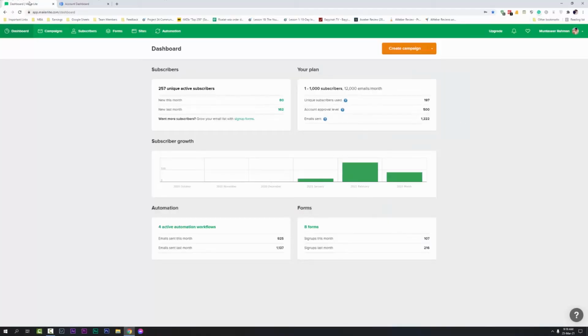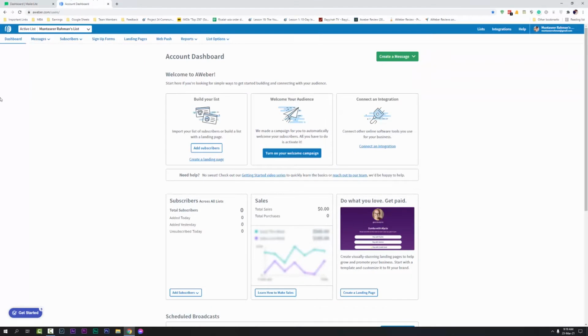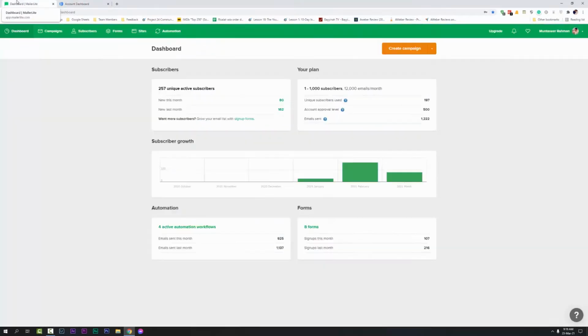So this is MailerLite. I have some subscribers that have subscribed to one of my websites. So in today's video I will show you how I can export that subscriber list from MailerLite and upload it into Aweber, and that too without any cost and very quickly. First, I am doing this for MailerLite, but it will work in any kind of email marketing software because almost all of them have these features.